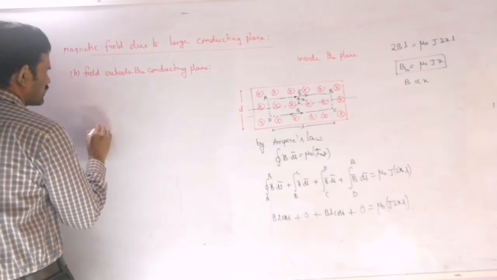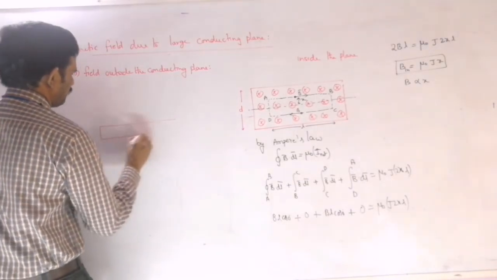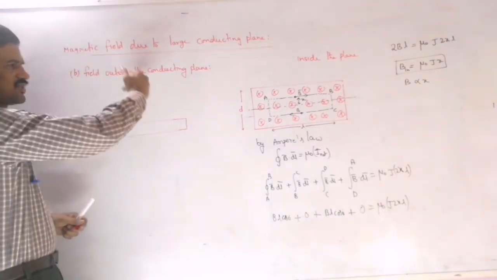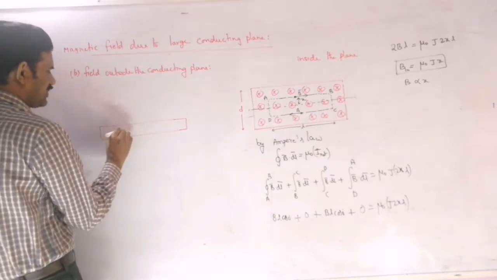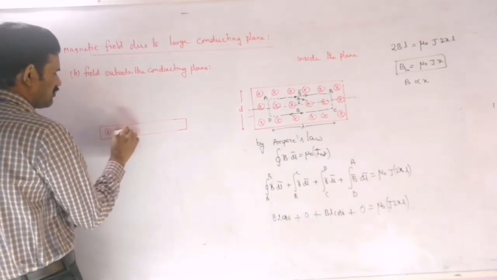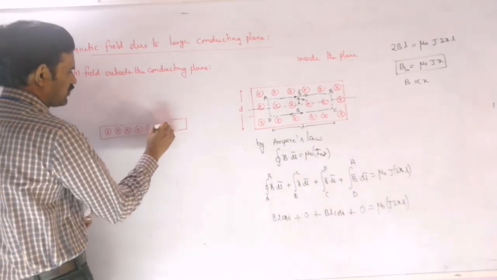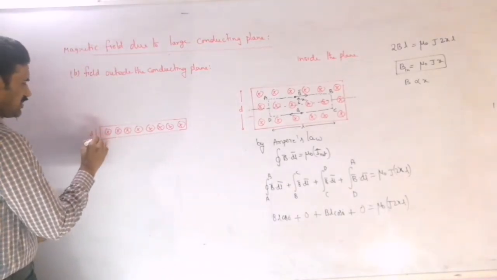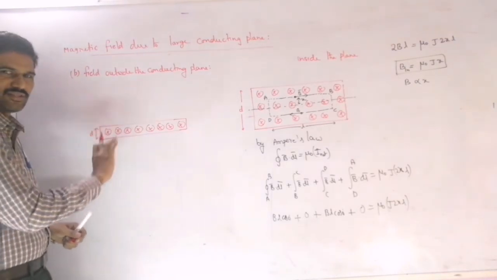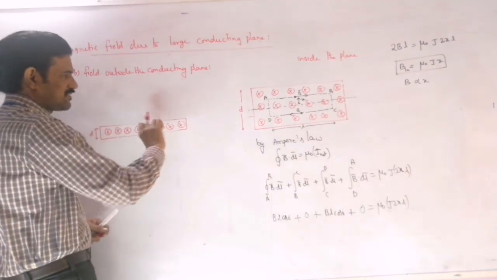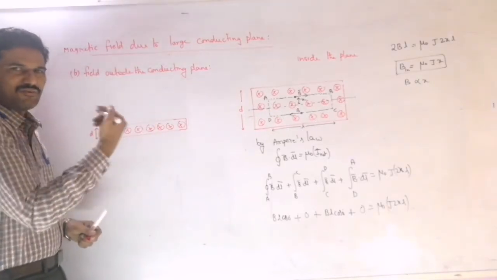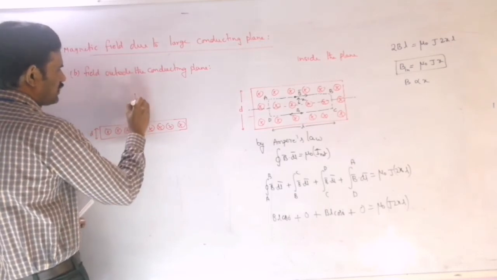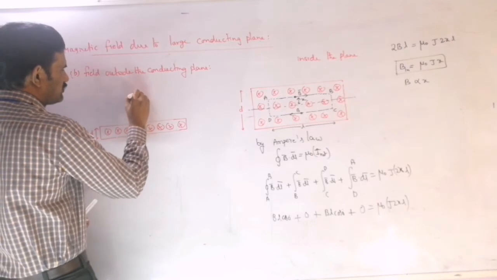So now here we consider this conducting plane like this. I am representing a small cross section of the same plane. So this is B, and this is the current flowing into the plane. And the same D width I am representing here. Is it clear? I am drawing the diagram small, the same plane we are assuming. The thickness I am drawing small because our concentration is on external points. So this is our point, at a distance of x from the plane.